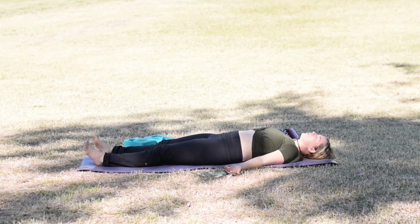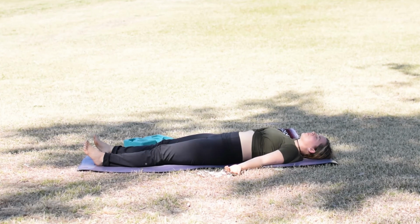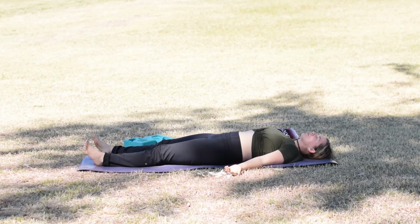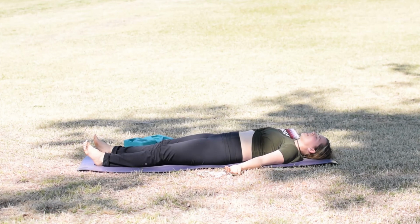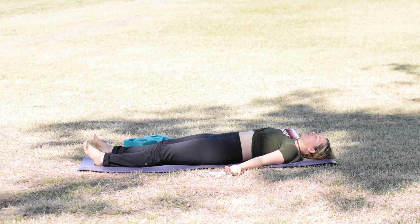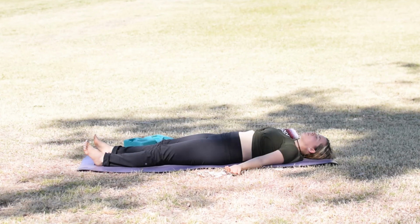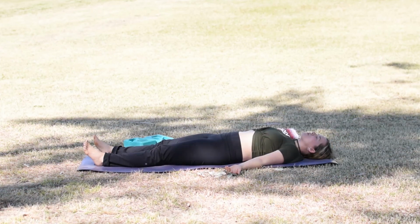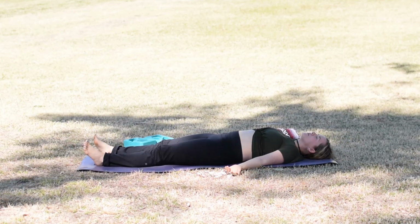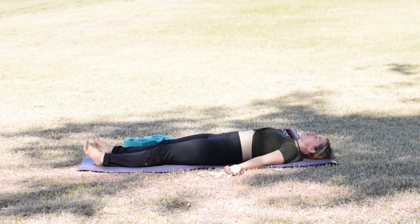I want you to pretend like you've got little roots growing down from every part of your body that's touching the ground. And those little roots are absorbing relaxation into your feet, absorbing almost warm water, relaxing into the ankles and the knees. The relaxation is making its way to the thighs and the pelvis. The warmth is moving over the spine and the chest, relaxing the shoulders and the elbows, the wrists and the fingers,